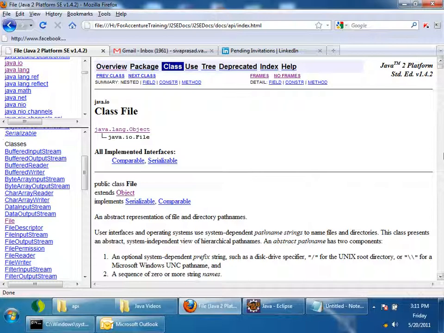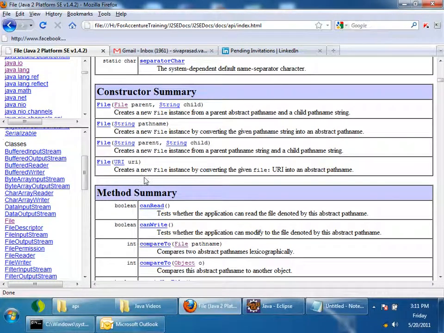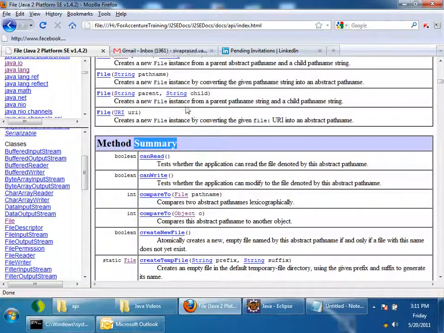Now see, to construct an object of File, we can use any one of these constructors. The simplest constructor which we can use is a File object which takes a path. Once you create a File object, there are a lot of methods we can use inside it.